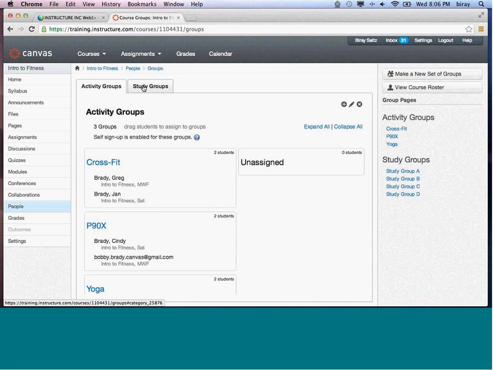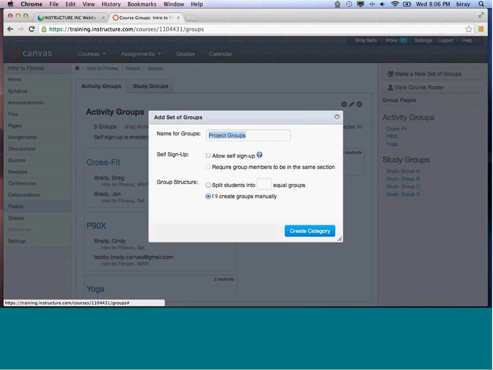Now, I created 2 sample groups, so these aren't default groups by any means, but essentially the way groups work is we have a group set or group category, and within that category you can have multiple groups. So let's create a new set of groups by clicking on Make a New Set of Groups,